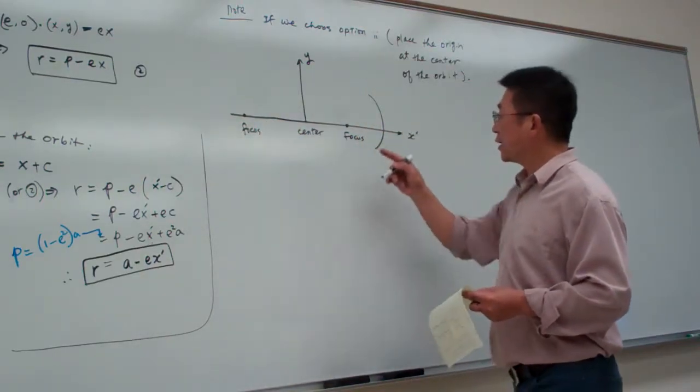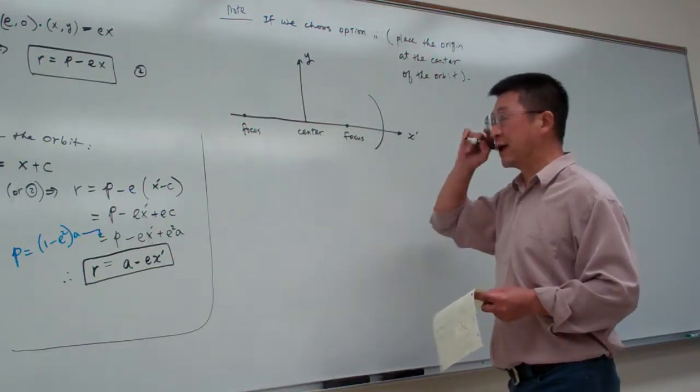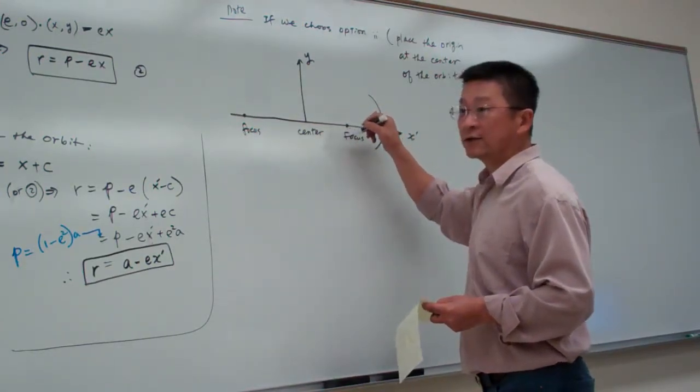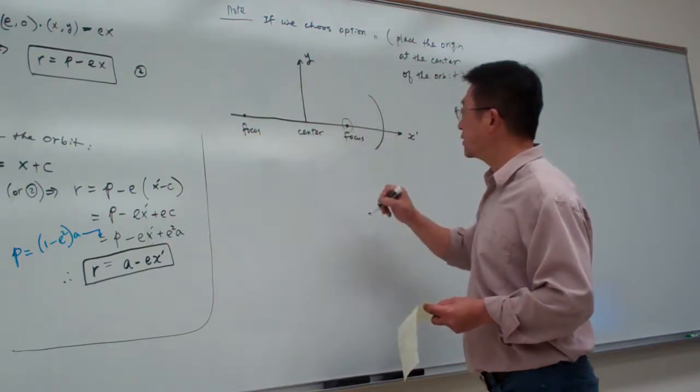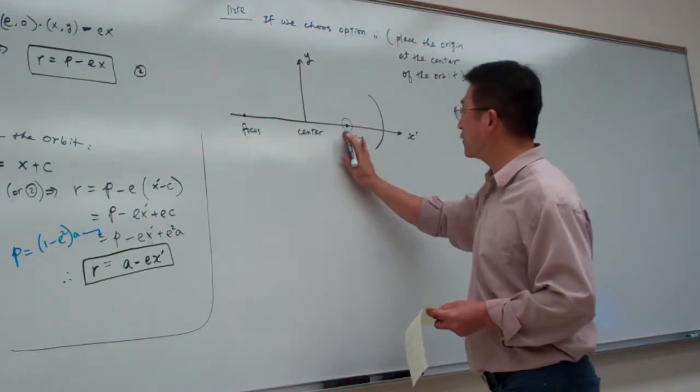Imagine this is the elliptic orbit of a satellite with respect to the Earth. Say Earth is here. Before, we used the name main focus,